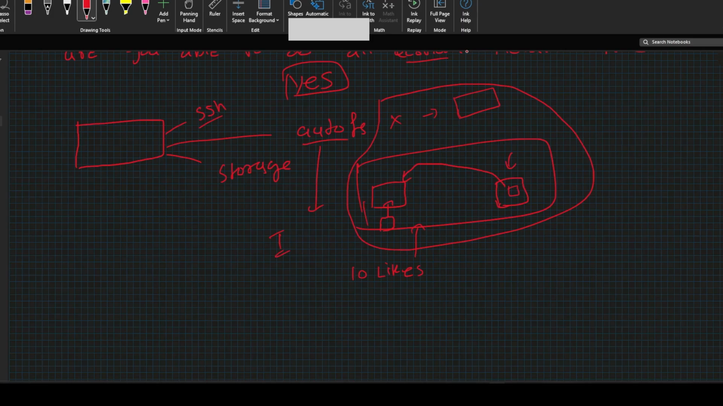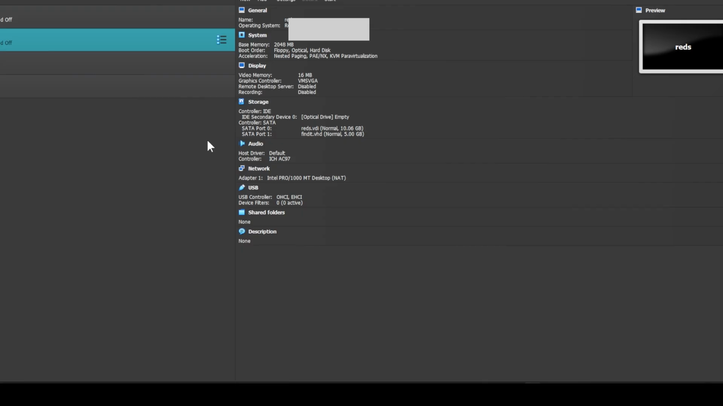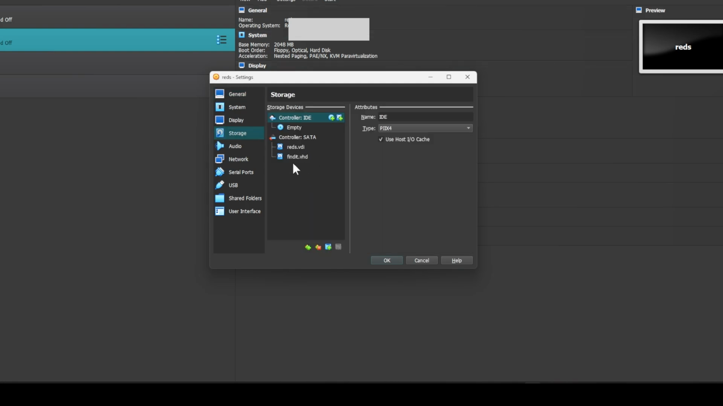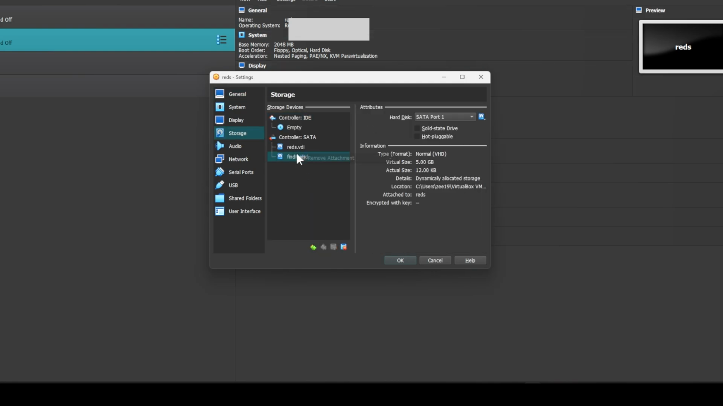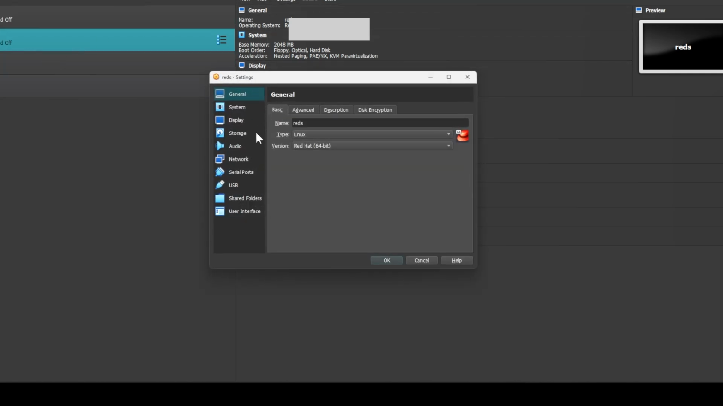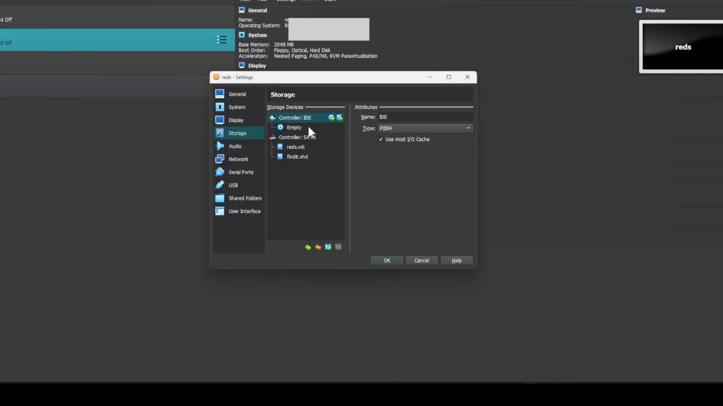Okay, now if you want a separate storage device from which to do all the virtual storage questions, here you go, how to add a hard disk. First, let me remove the attachment. Yes, discard changes. First go to the settings, go to storage, and from here you can see